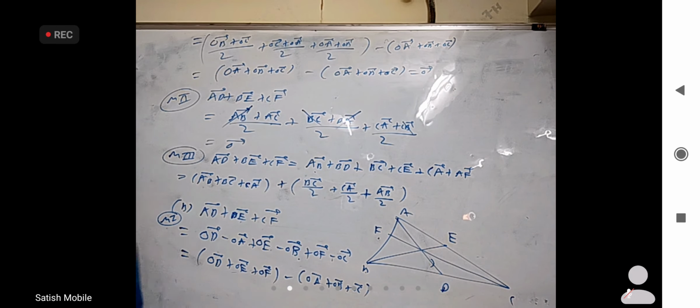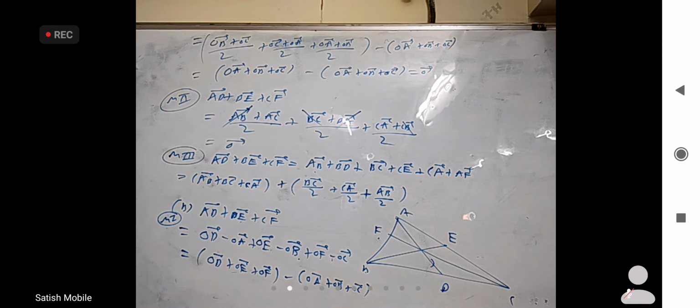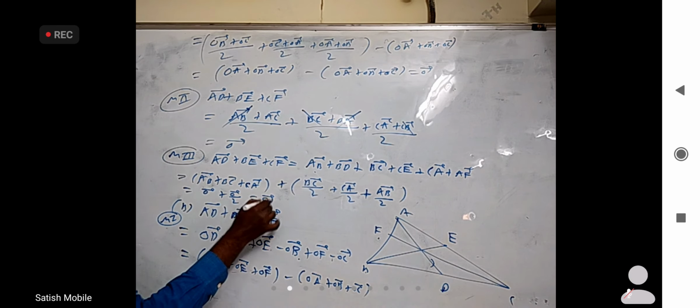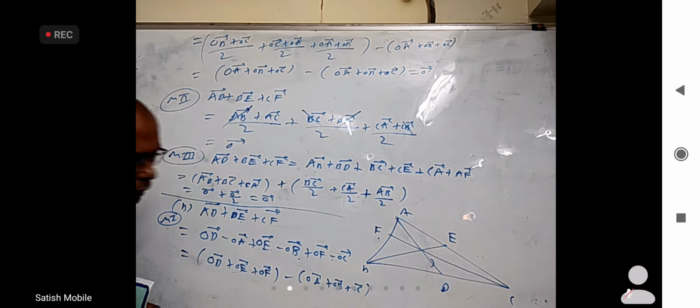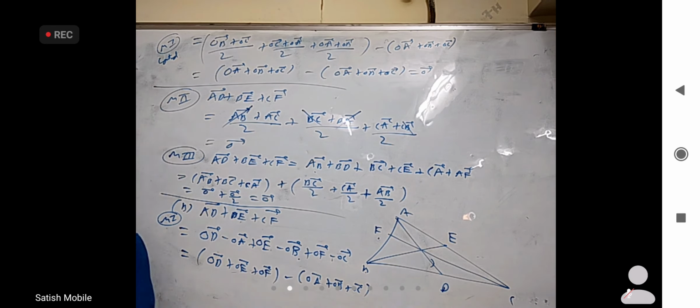Okay. Or you can say it's the triangle law. Whenever three vectors are the sides given in order, their sum is 0. So this is 0 bar, this is 0 bar by 2, finally it is 0 bar. Okay. So you can do it by any one of these methods, all are the same. This is method 1 continuation.